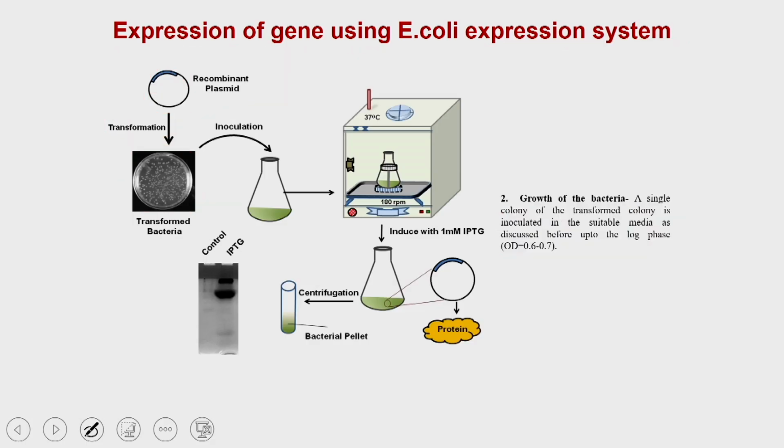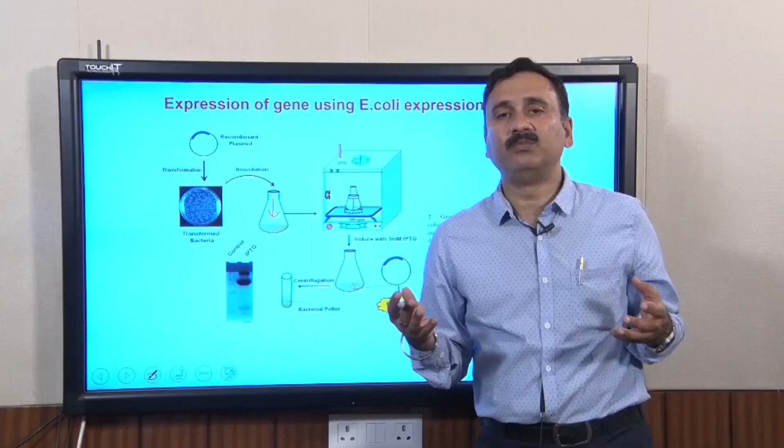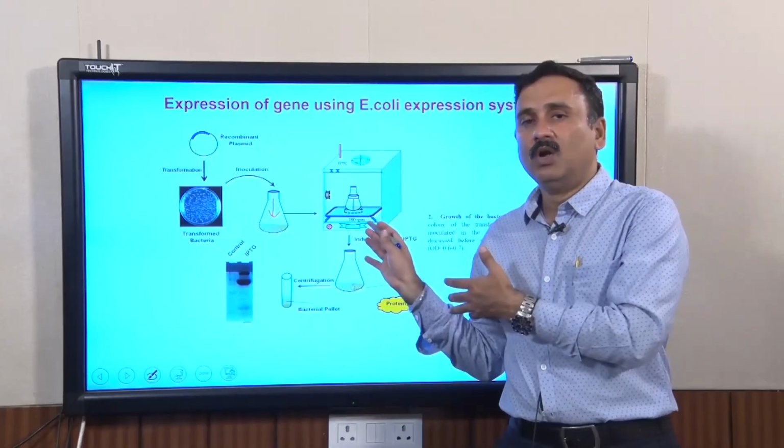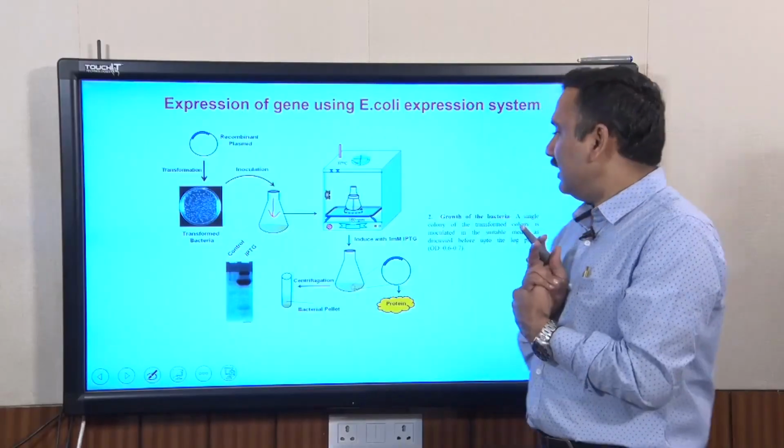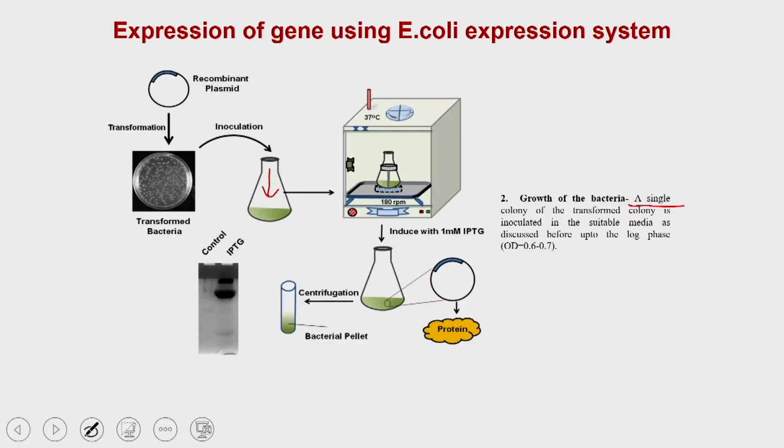Then in the second step you are going to grow them. You will take a few colonies from this transformed plate and inoculate them into the growth media. We have also discussed different types of growth media which you can use for growing the E. coli cells. A single colony or a few transformed colonies are inoculated into a suitable media,